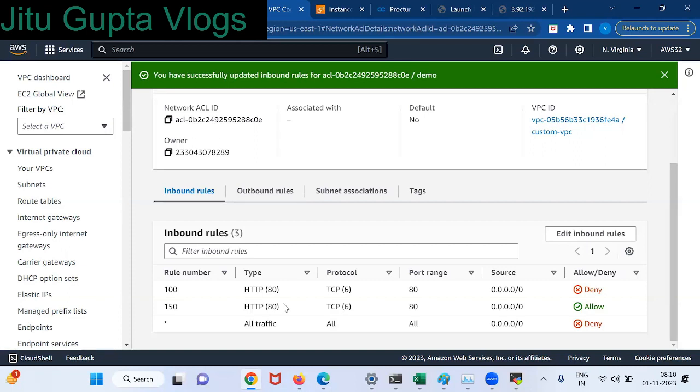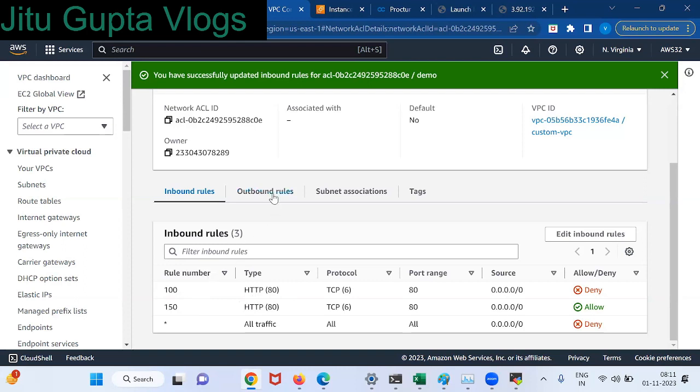For my HTTP, I have created two rules, but the same rule, right? HTTP 80 is enabled. But out of the two rules, it will take the priority 100. Clear what I'm trying to say here? You are denying the rule at 100 and allowing the rule at 150, but the system will take only 100 as the priority. Even though you are allowing at 150, it's not taken. It denies at 100. Is it clear?